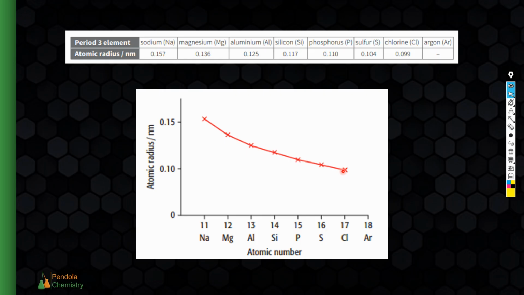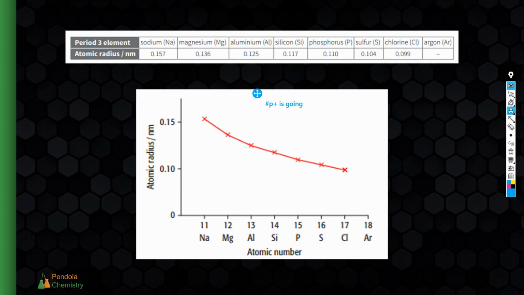They could also give you this data and ask you to address which one of these elements is which, if they only tell you this is group 2, but they don't tell you the actual elements or the atomic numbers. So there's a few things that they could ask you just by showing you this data. Again, we have to realize that here we're going across a period, which means a couple things. It means number of protons